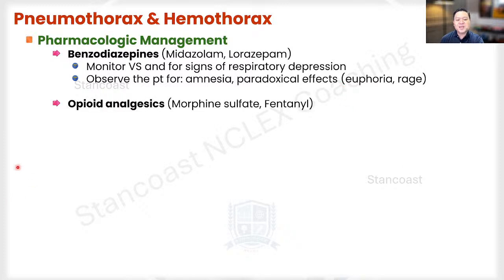Now, another group of medications that we're going to talk about are the opioid analgesics. And this is represented by morphine sulfate or fentanyl, or it could be Dilaudid or hydromorphone. And so these medications are going to treat moderate or severe pain. And this is going to target the kappa receptors, which will help relieve the severe pain. Now, again, guys, when you think about the opioid analgesic,